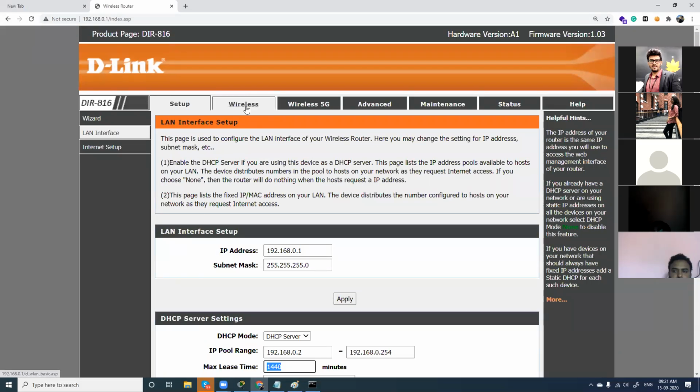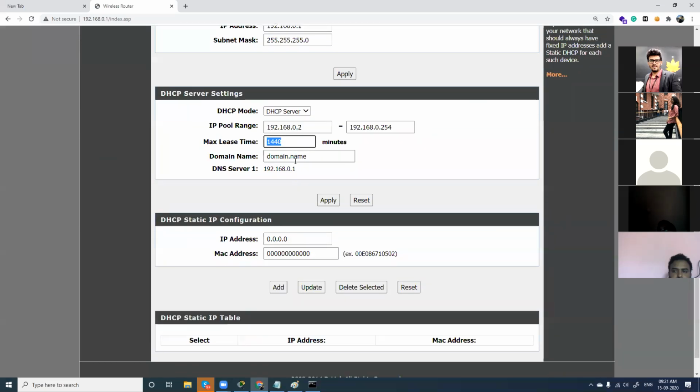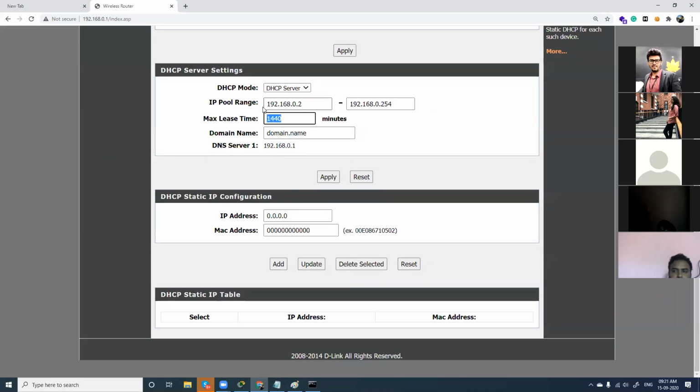And when you go to wireless, you will get my SSID, you will get my password. I have two wireless connections here. One is this wireless one, SSID 1 and SSID 2. Fine. And probably in real time, yes, you can work with this. Now you have to understand what this is. This is the DHCP scope and lease time. Fine. And the DHCP server is enabled.